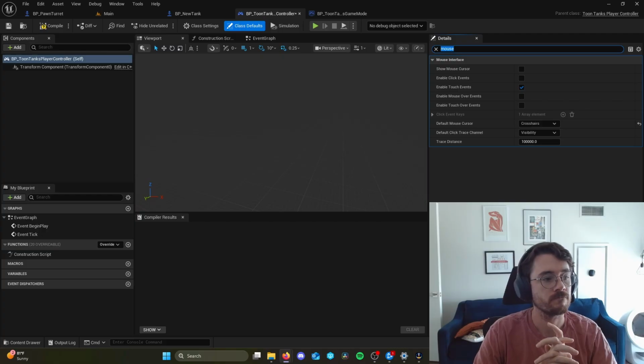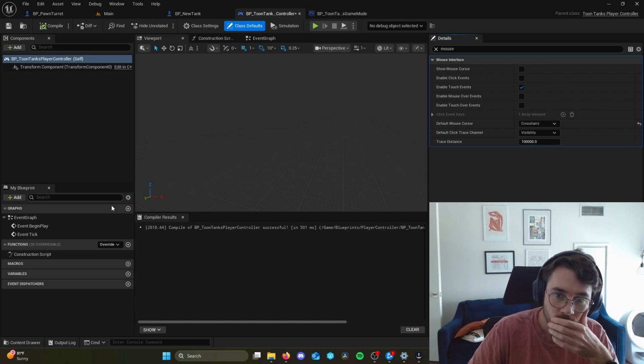So we're going to implement that in this video. This is going to involve first disabling the input so we can't move around when the game first starts, and then we're going to set a timer, and after a set amount of time, then we can enable input. So let's go back to ToonTanksGameMode.h and add a couple of